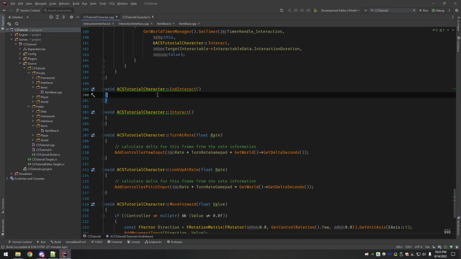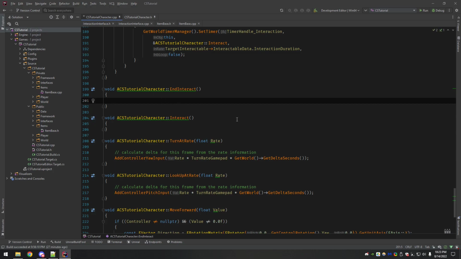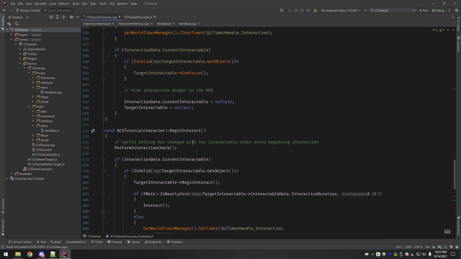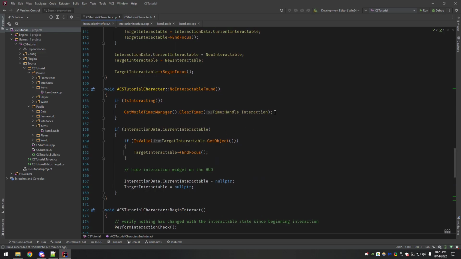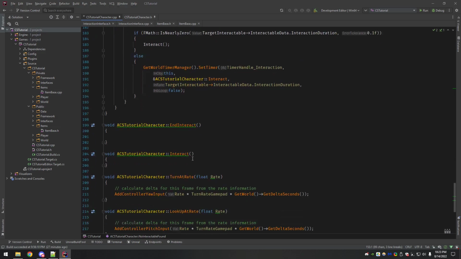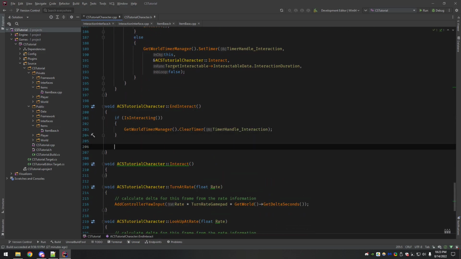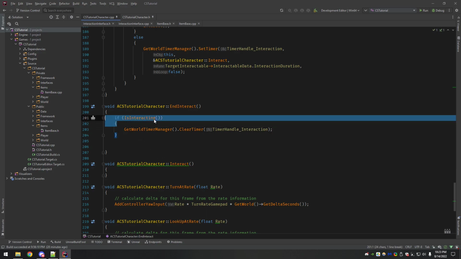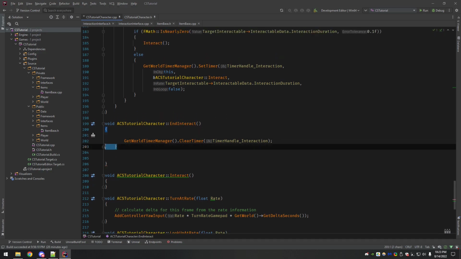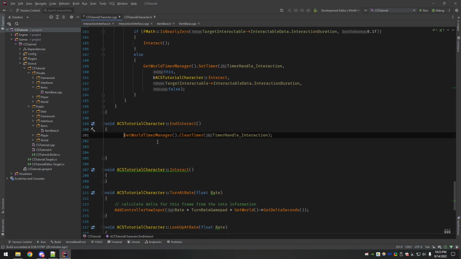Now, end interact. With end interact, I'm going to go up here and take a few of these things. It's pretty simple, pretty similar. Sorry, trying to talk and do stuff at the same time. My brain doesn't always go the same speed as my words. Okay. So again, at this point, we don't really need to check if we are interacting, because if we're ending interact, we assume that it's time to clear this stuff out.